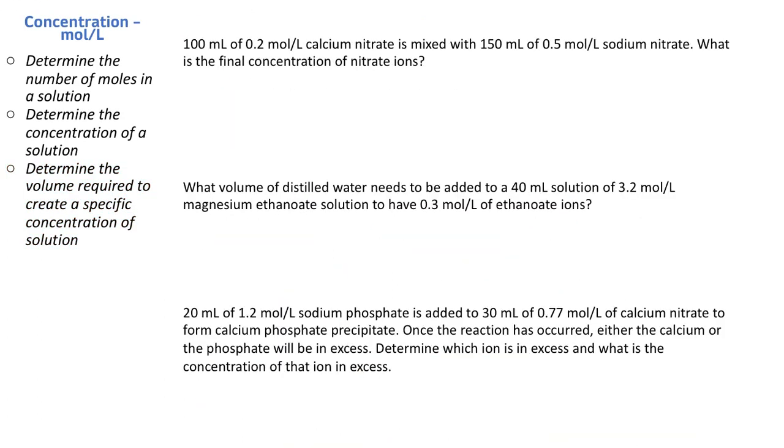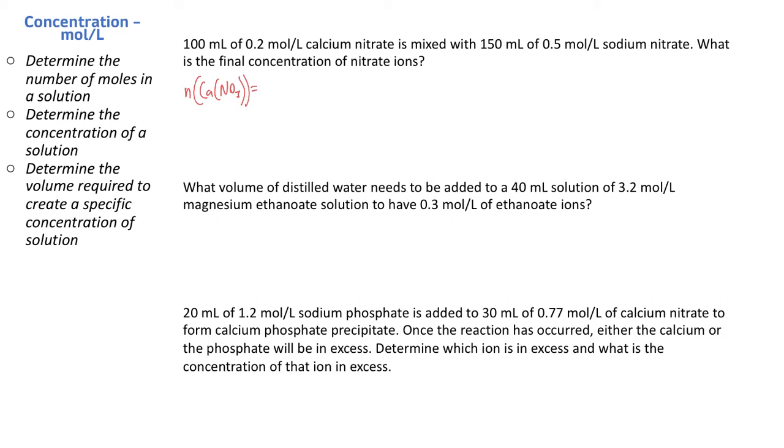Okay, last one. These ones are a little bit longer, so let's have a look at these ones here. So a little bit more complicated. So 100 mils of 0.2 mole per liter calcium nitrate is mixed with 150 mils of 0.5 mole per liter sodium nitrate. What is the final concentration of nitrate ions? So I'm going to color code this. I'm going to work out, first of all, the number of moles of calcium nitrate,